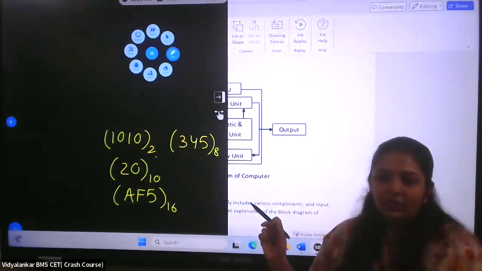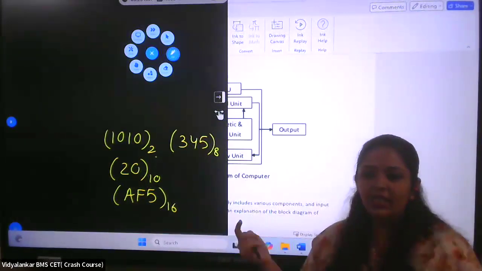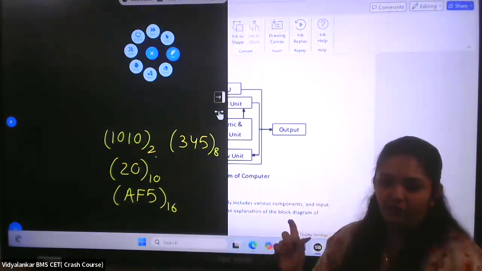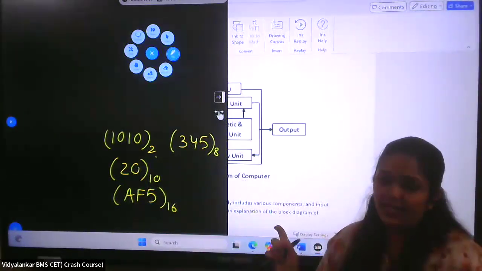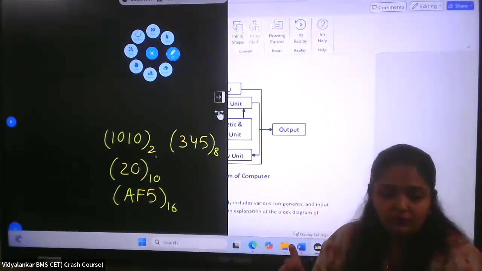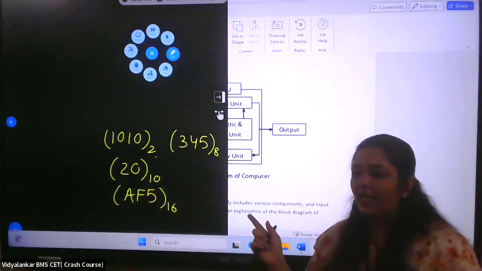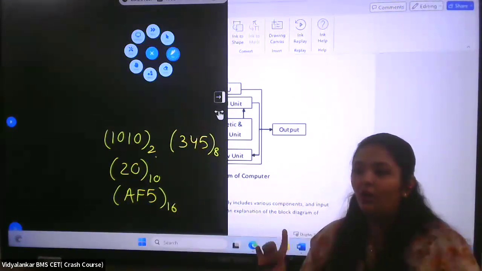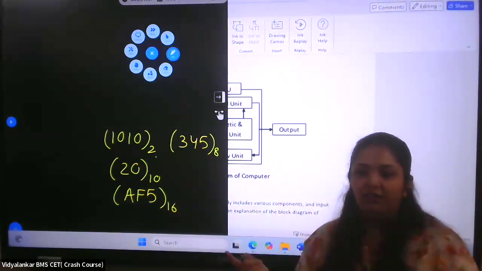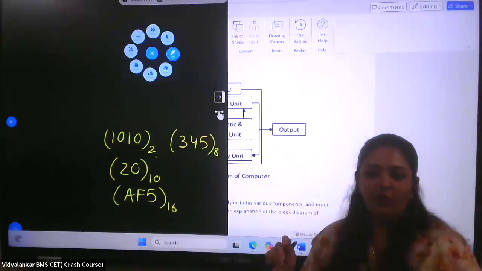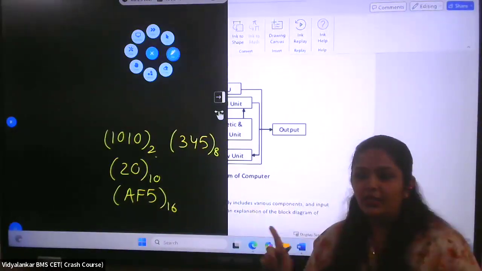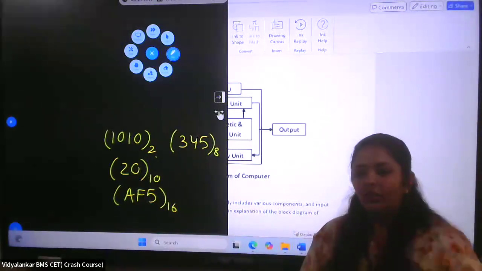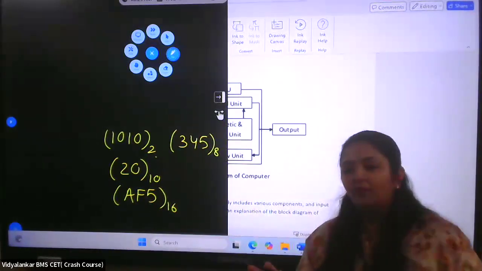Okay. So third was what? Octal. What's the range for octal? 0 to 7. Base. How do I identify the base? The total number of numbers in the range. That's 8. And last, hexadecimal, because it has decimal's 0 to 9 also, and hexa means alphabets also, that is A to F. And what's the base for it? 16. Okay, done.